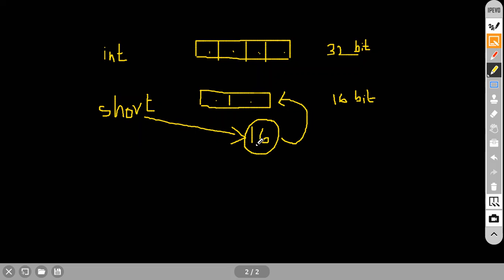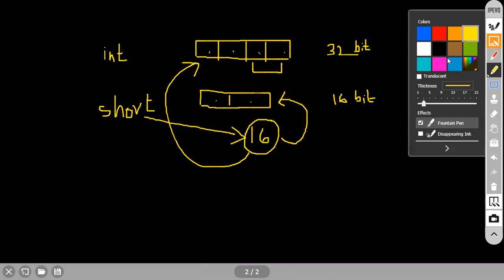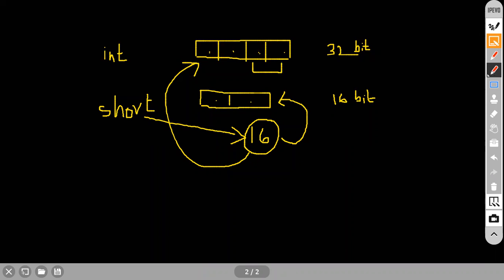But what I am going to do, I will take this short number and place it in this particular data type. Nothing but what? You are getting an additional 2 extra bytes for this data type. Yes or not? Here you can see, from here to here, you are getting extra 2 bytes of memory. So this is what we call widening. The data type is getting extra memory. So this one we will call widening.